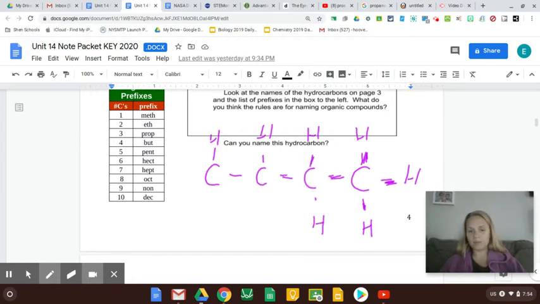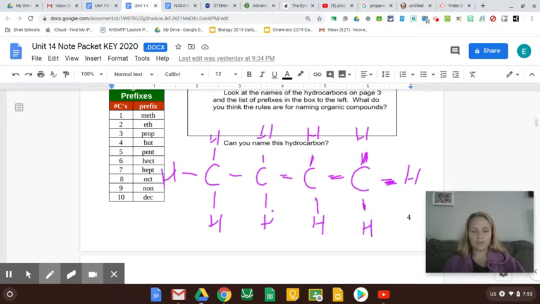You will start to notice when you draw a lot of these that it's kind of annoying to always be drawing H, H, H, H, H. So what you are allowed to do in organic chemistry is just draw a line like that, and it's assumed to be an H because it is so annoying to draw so many H's. So if you want, you can leave it like that. The only danger is that when you're trying to count H's, you miss them because they're just lines, so you don't see them. So anyways, I could leave it like that, or I can go ahead and put the H.